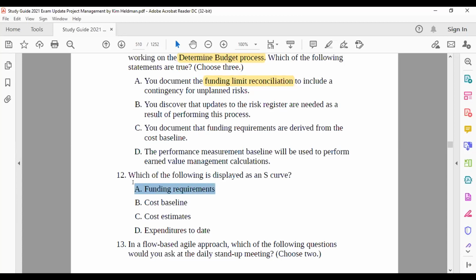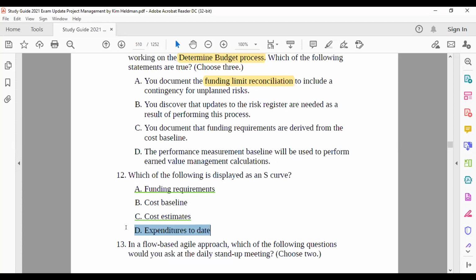It's not funding requirement. It's not cost estimate. They can never be the answer. So, based on my suggestion, two answers will always be right and two will always be wrong. And from those two right answers, one will be your right answer and one will be your wrong understanding. So, expenditure to date